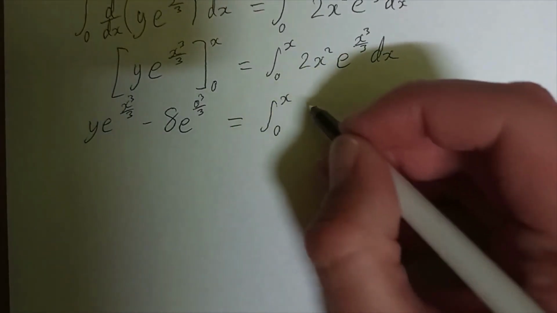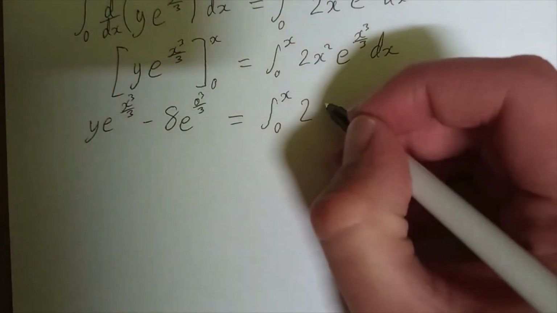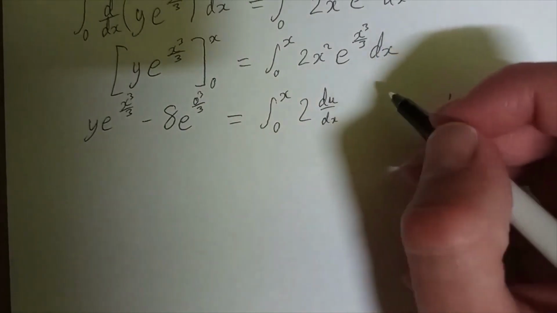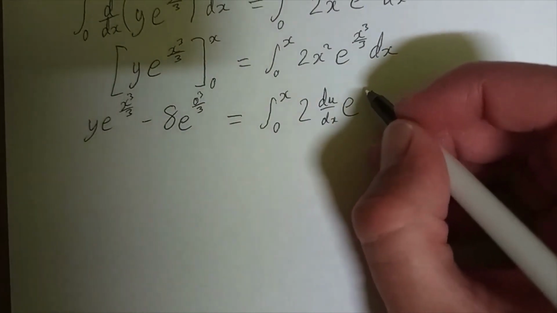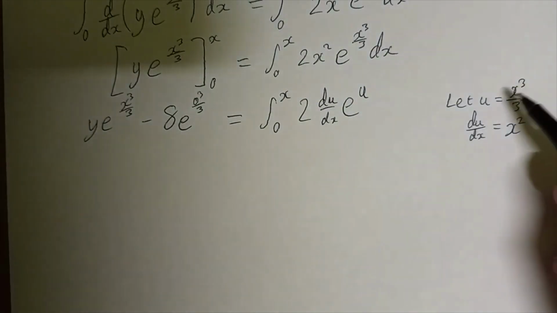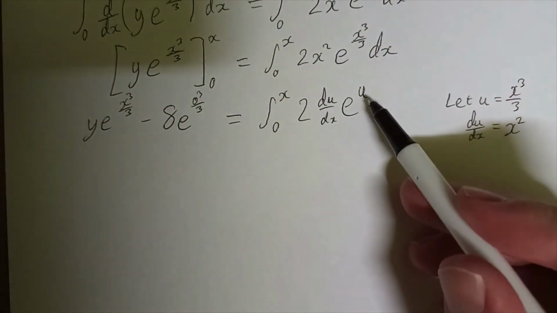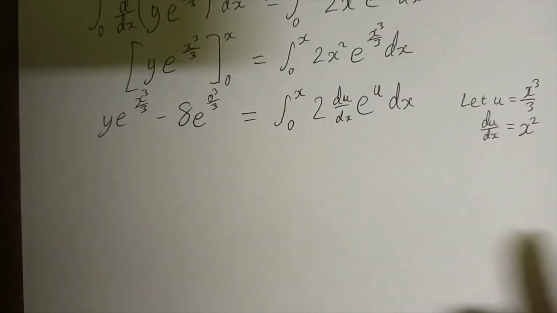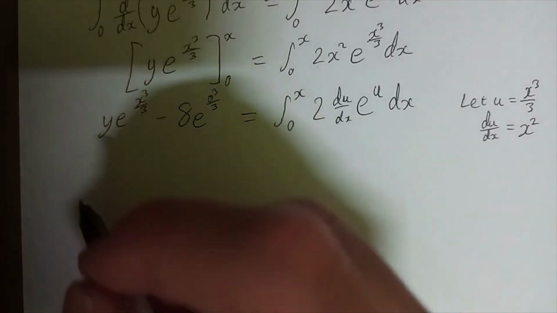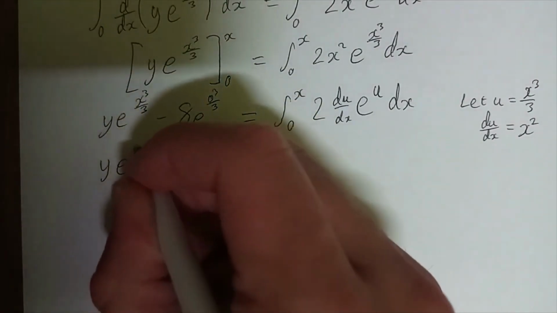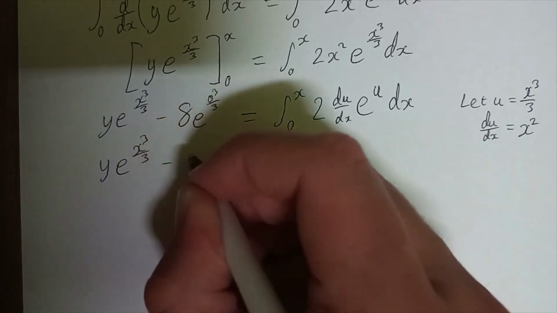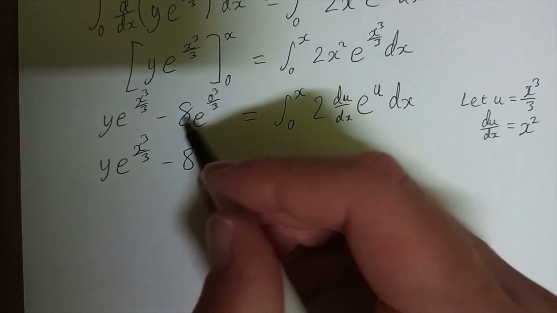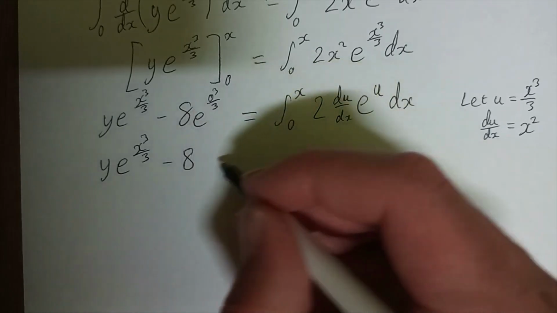So we'll end up with 2 times du/dx times e to the power u, since we've set u to equal x cubed over 3, dx. So now we've got y e to the x cubed over 3 take 8, because this is just 8 times e to the power 0, which is 1, so it's just take 8 equals,